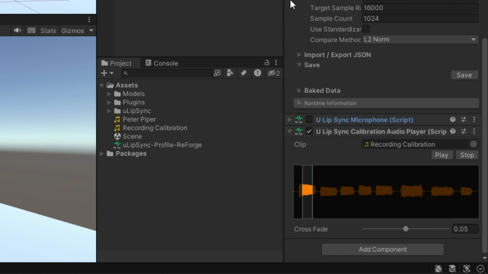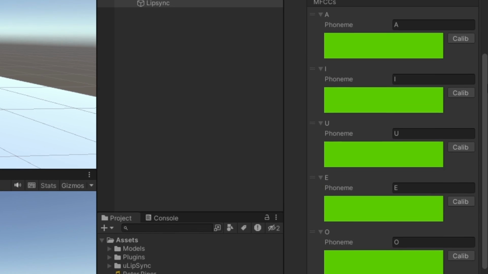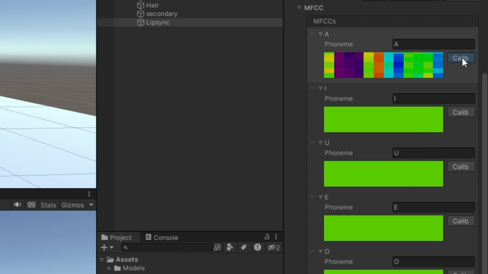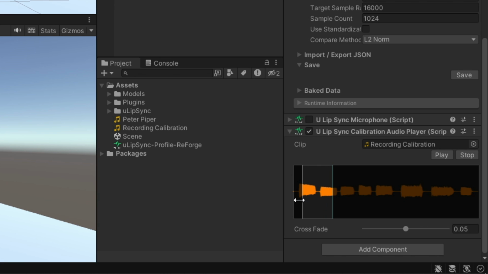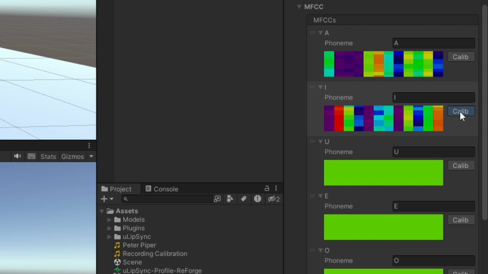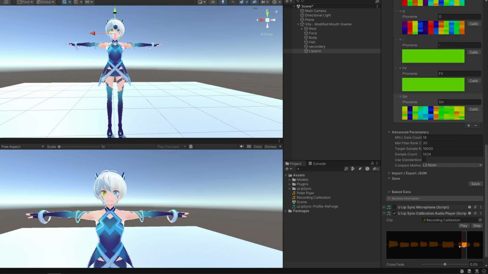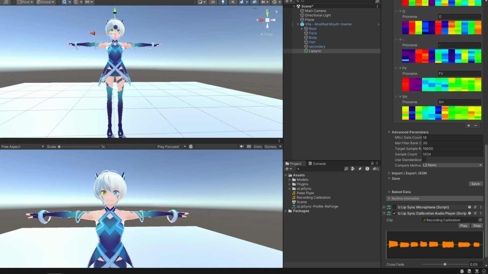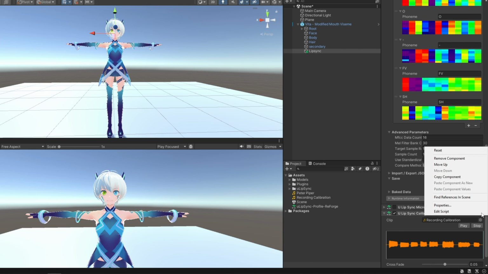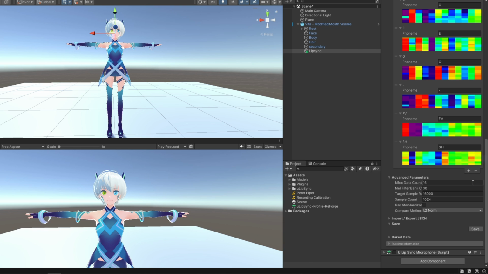Then, in the uLipSync component, we click on the profile button and hold it down and then release it. Move the pointer to another sound and hold another button in the profile. Rinse and repeat for every item in the profile. Once you're done, exit play mode and feel free to remove this uLipSync Calibration audio player component because we no